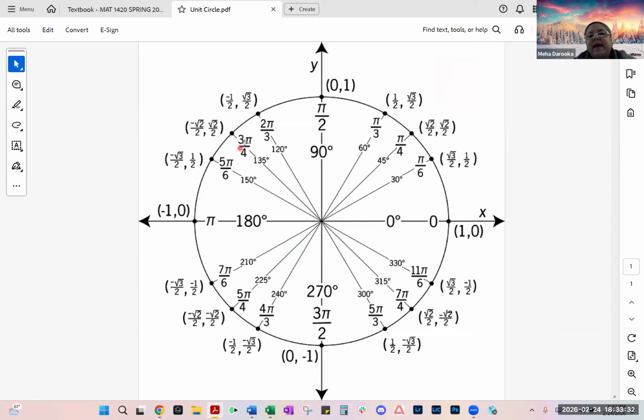Now, guys, notice that at 3 pi over 4, it's not the same thing, because one value is positive, one value is negative. So you will not get tangent equals 1. Same thing is happening at 7 pi over 4. One value is positive, the other one is negative. So you will not get tangent equals 1. Tangent is only equal to 1 at 5 pi over 4 and just pi over 4, right? So that's why the 180-degree